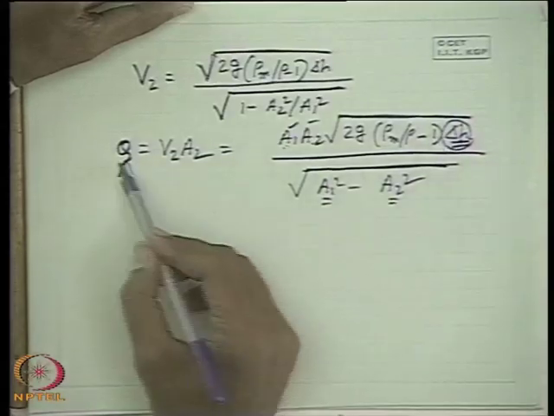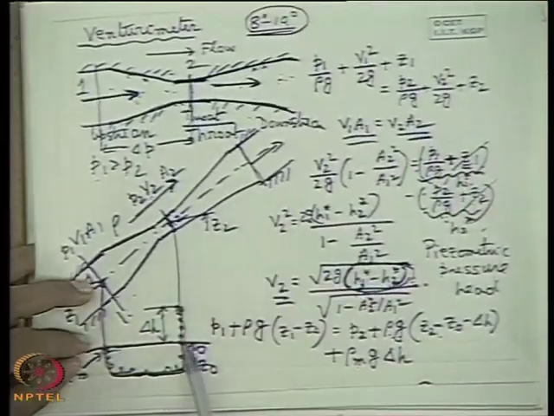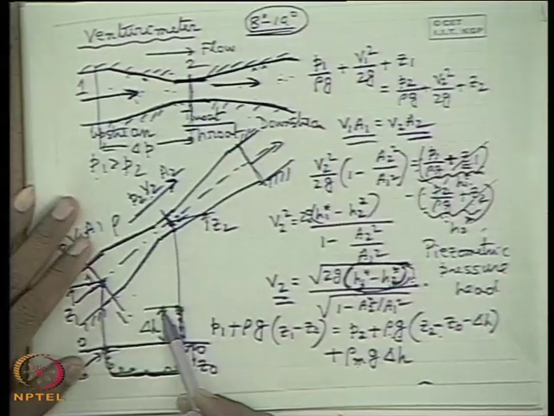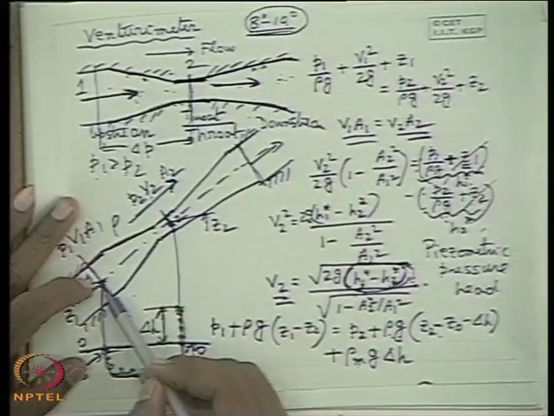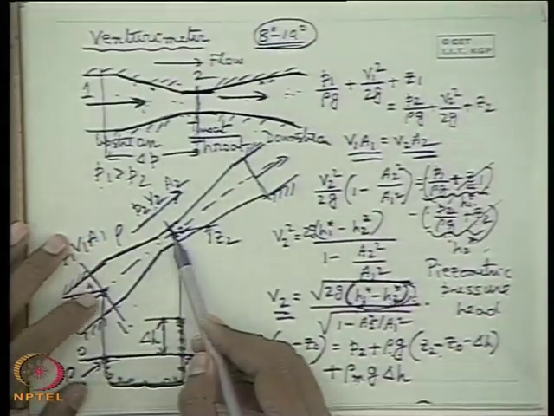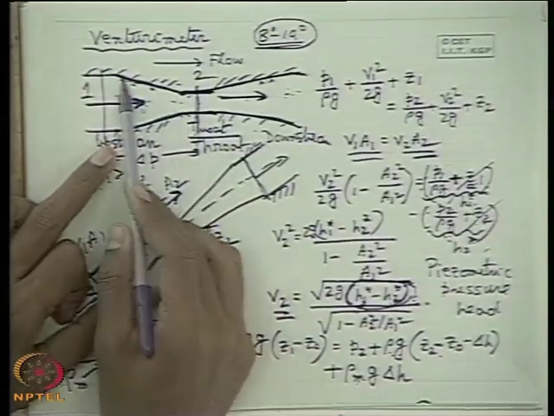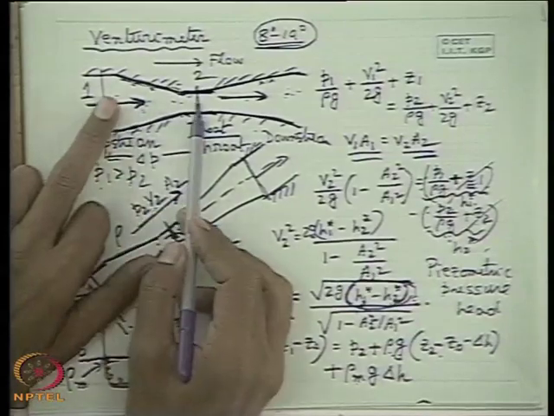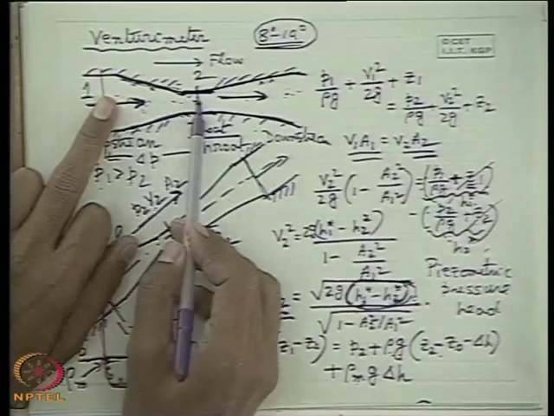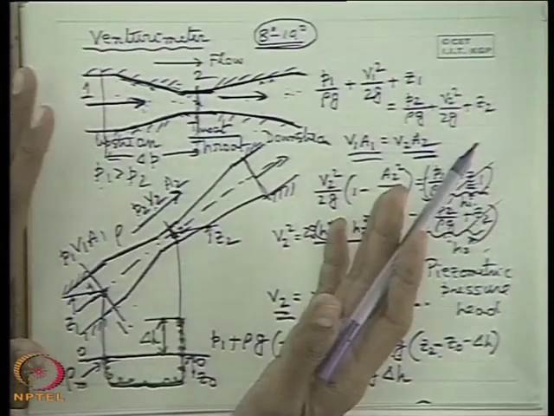The reason is that this equation has been developed considering the fluid to be inviscid. So this pressure difference, the manometer difference delta H, is the pressure difference for an inviscid fluid. But the actual pressure difference registered in the manometer is more than that of an inviscid fluid. Now try to understand this physically. Why is there a pressure difference for an inviscid fluid? This is because of the difference in velocity, and the velocity difference is because there is a difference in area. So due to the change in area there is a difference in velocity or change in momentum, and due to this there is a change in pressure. It is a mutual conversion between pressure energy and kinetic energy, whatever you call it.